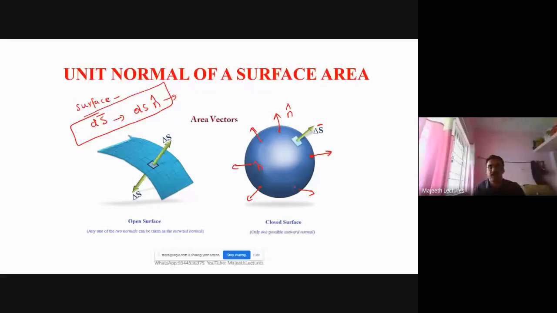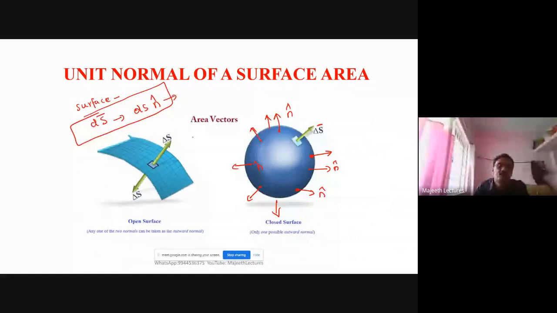This is very important. We use this widely in magnetic fields. Whatever topics I am telling here will be widely used in the further course, so please understand these concepts very clearly. Other things you can study on your own. So this is n cap here. If it is lying here, it is n cap. This is for a closed surface. This is a volume. A volume is nothing but a closed surface. Here n cap will be like this. On the top side it will go like this, on the bottom side it will come like this. Like that it will go at every point.